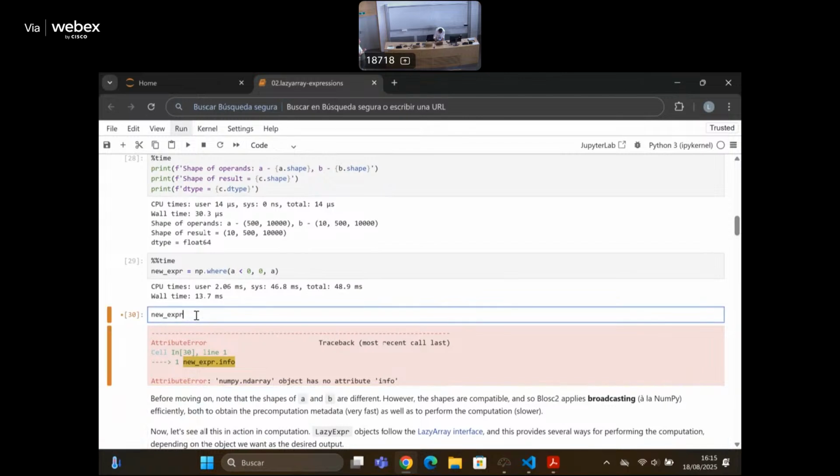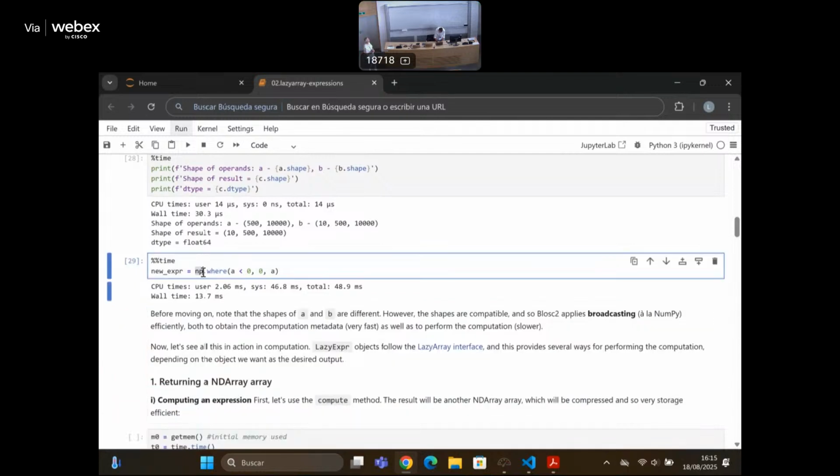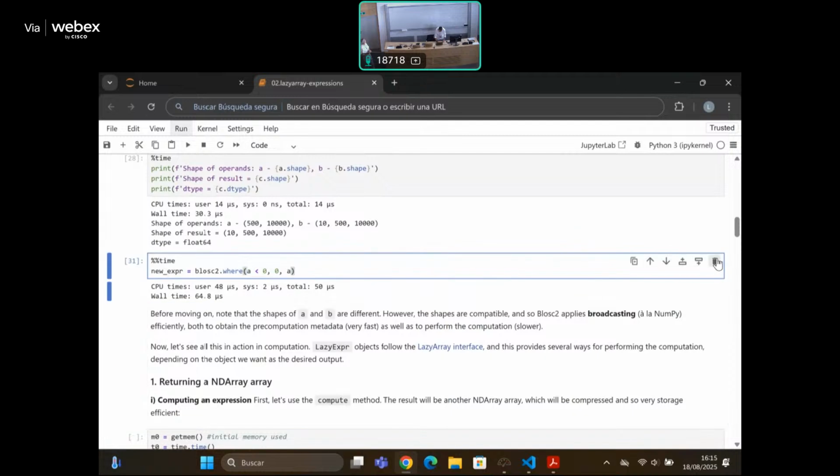Okay. So it has returned a NumPy object. Yeah. But you use NumPy where here. So maybe do you have an equivalent of NumPy where? There is a Blosc2 where, but I suspect it's the same thing. It'll do the same thing. The problem with reductions is that reductions will always execute immediately, eagerly, which is a big difference between